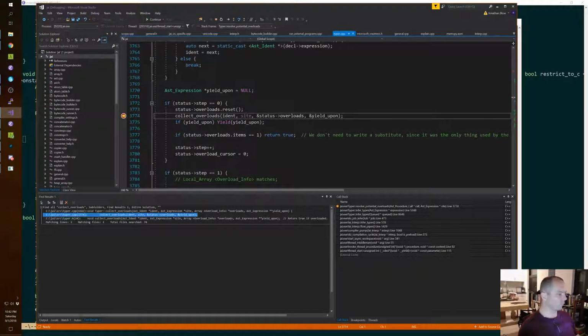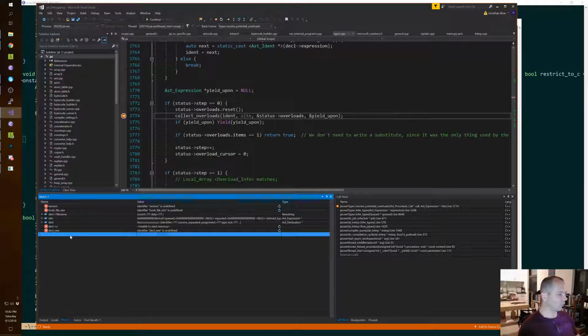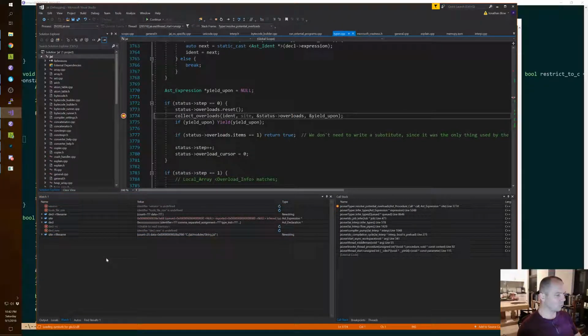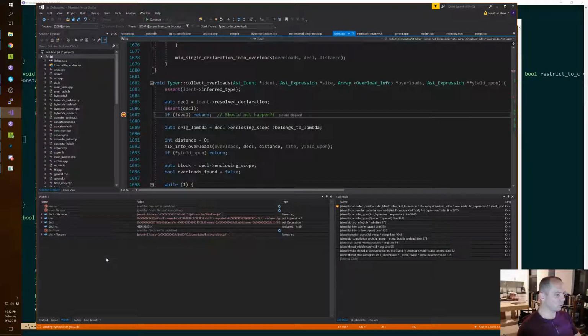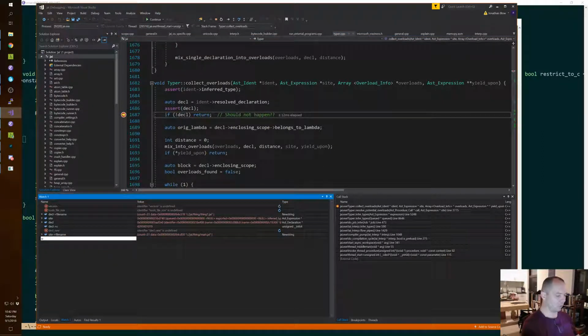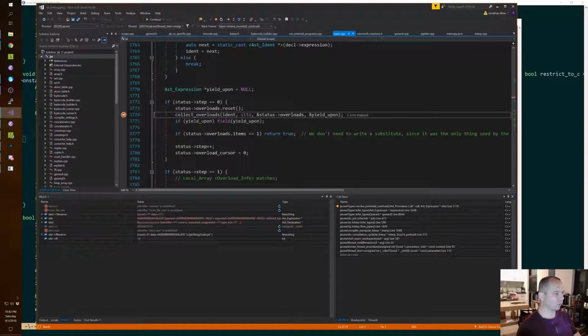All right. Site arrow file name. Yes, that's Windows. Main, there we go. Collect overloads. This is the wrong one. 12. Not yet. There we go. Finally, 14.